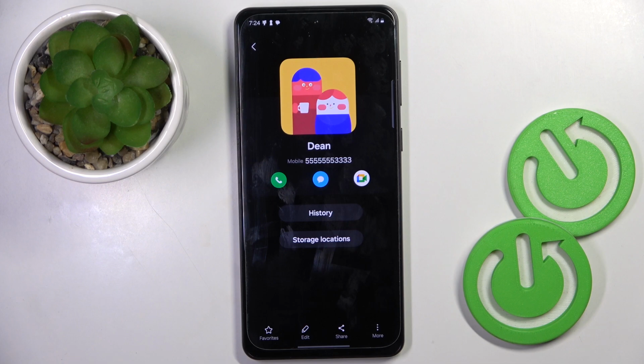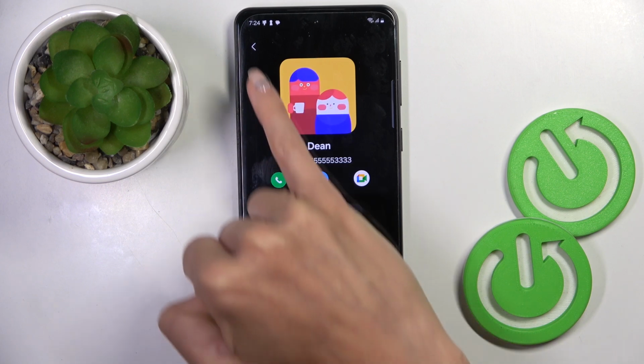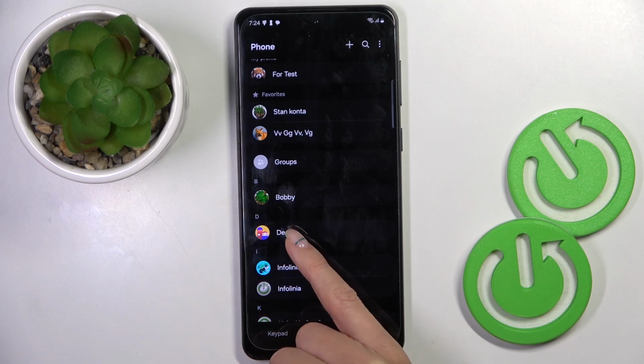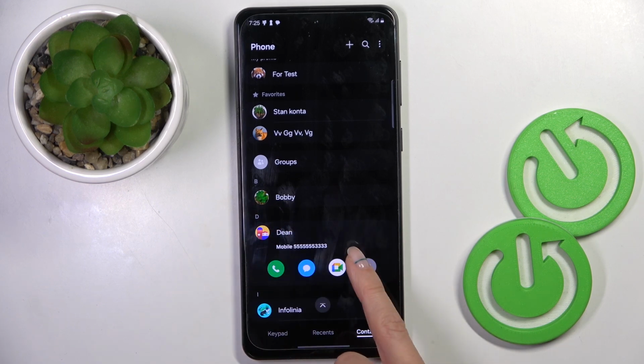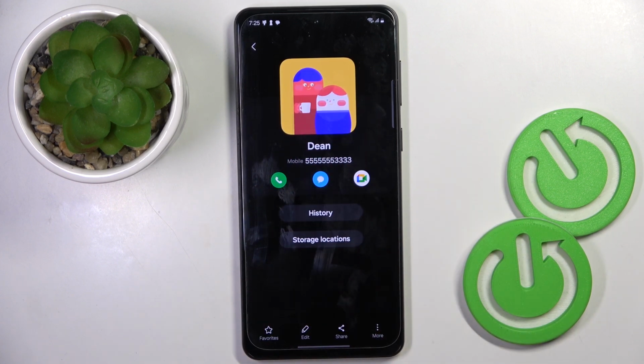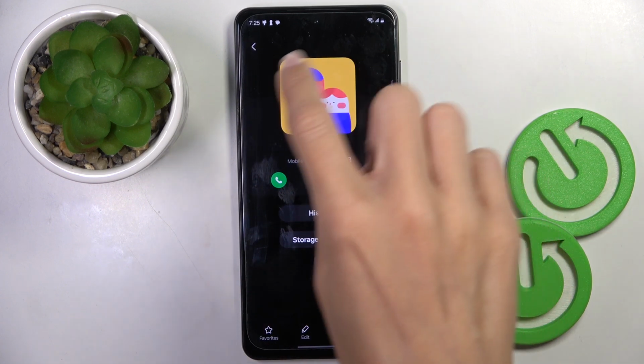So from now on, this photo, this graphic is assigned to your contact. Let's go back, and if you open it, you can also go back. You can also see it in the contact list. Obviously, when you open this contact, it's displayed here, and anytime Dean will be calling me, I will be able to see it